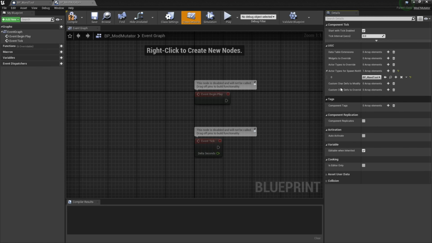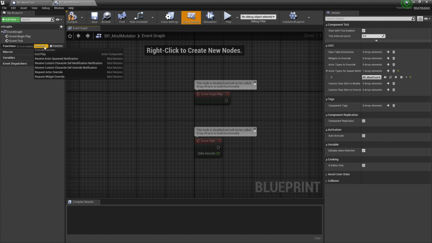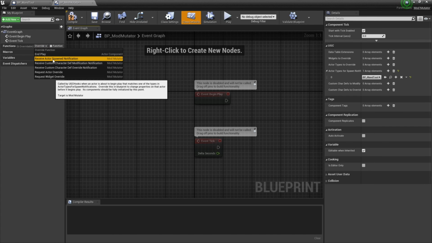This is going to tell our mod mutator that we want to run some type of code whenever our BP_wand tool is spawned. So when that BP wand tool is spawned, we want our mod mutator to tell the game to add the SpellTool record that we just created. To do this, we're going to add an override function. So we're going to find functions over to the left, select this override button, and then select receive actor spawned